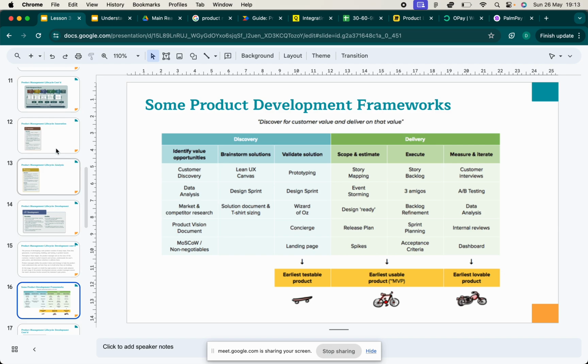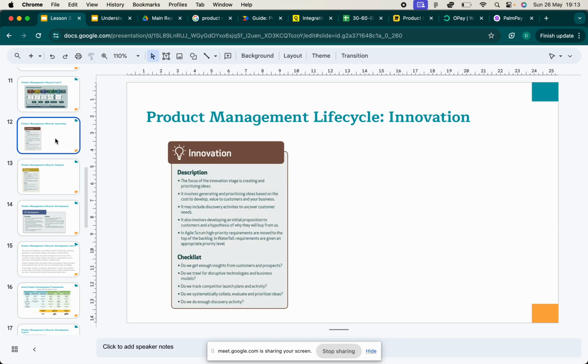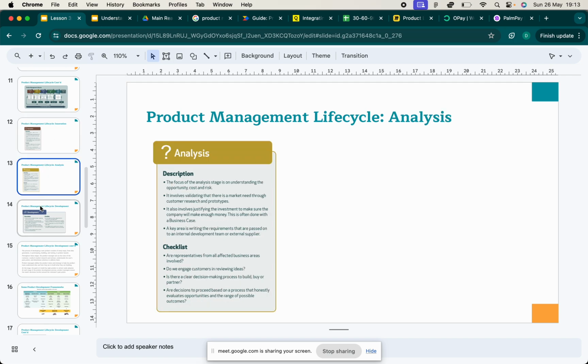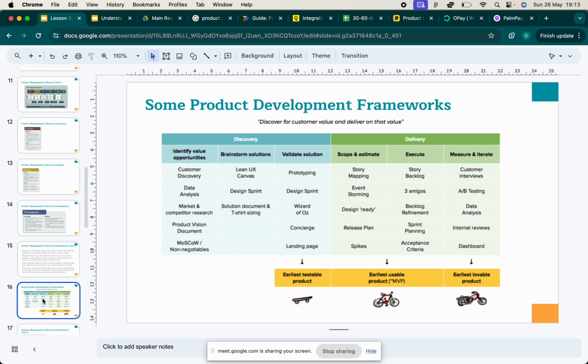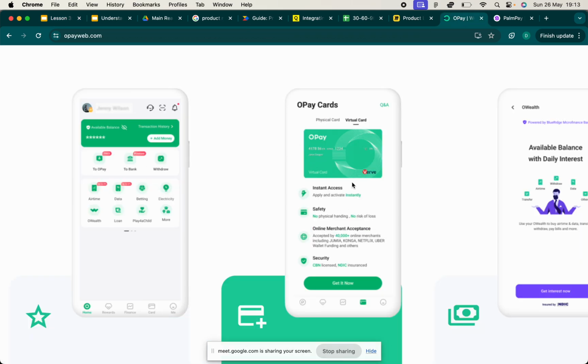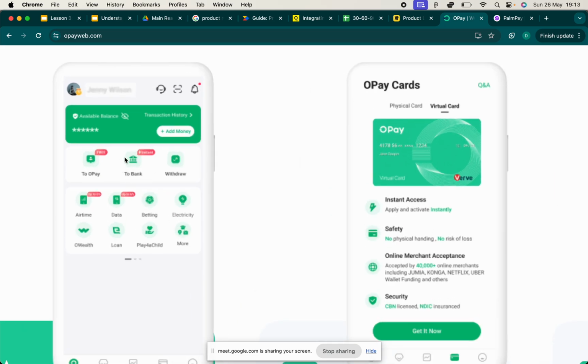Okay, so I've summarized here the various activities that can happen in each of these phases. I think it's nice for you to know what frameworks. So, for example, when I say requirements, your question may be, what is a requirement? It's a valid question to ask. A requirement is being able to make a bank payment. That's a requirement. As a user, I want to be able to make a payment to someone. That's a requirement. A requirement is a request.